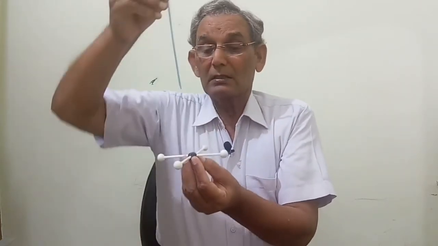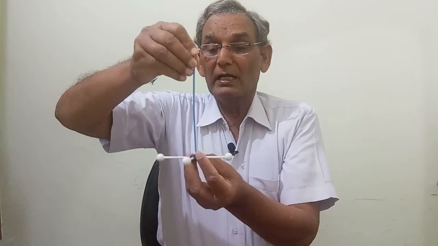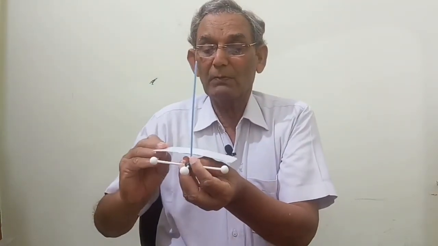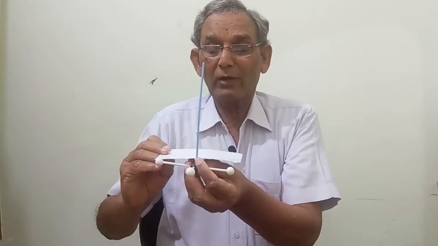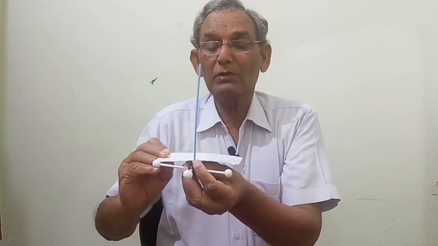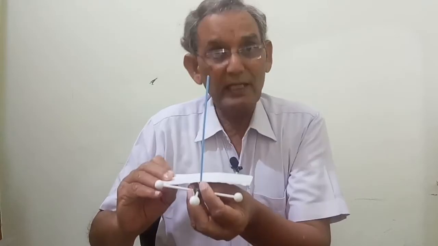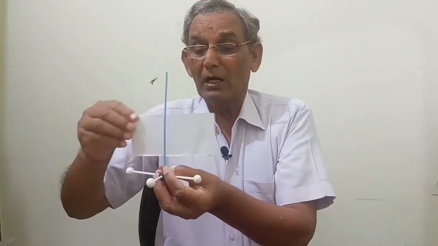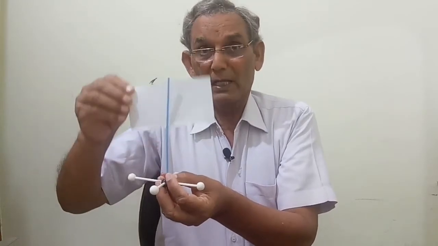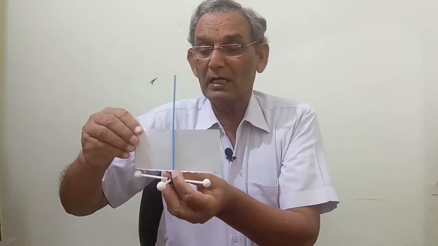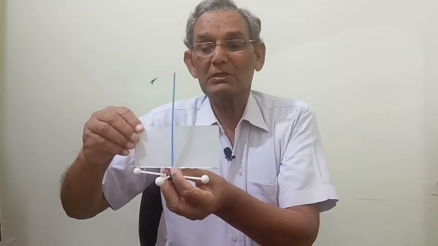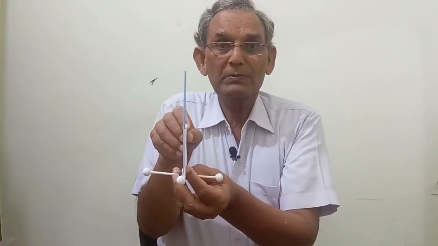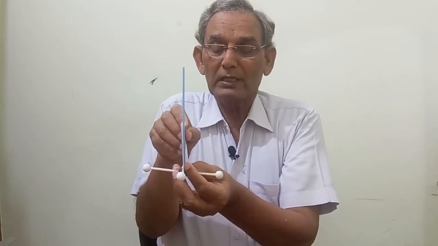So this is the principal axis, and a plane perpendicular to this principal axis and passing through all four chloride atoms, being perpendicular to the principal axis, is sigma h. Now this is sigma v, a plane passing through the principal axis and these two atoms. This is also sigma v, because it passes through the principal axis and these two atoms.